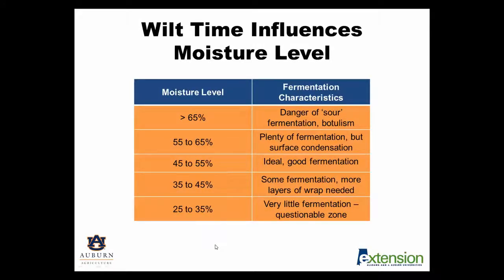So paying attention to wilt time is very critical, and this is something that influences the overall moisture level of that baleage and ultimately how well that forage is going to be stored for later use. So it's critical that we remain in that target, like we said, of the 40 to 60% moisture range. And you can see that's where we would expect to have the best fermentation characteristics. If we're much over that, then we get into danger of that forage basically souring or getting into a risk for potential botulism toxin occurring at those high levels of moisture, mainly due to spoilage of that forage during the